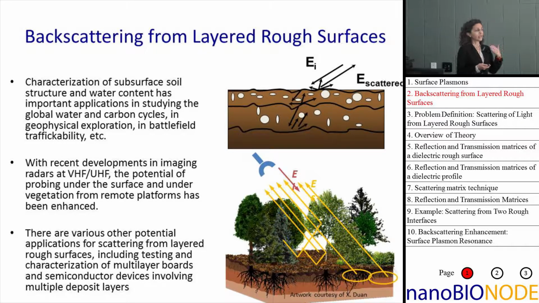Using electromagnetic waves and radar techniques, we have been able to get a lot of information from subsurface structures. You could also have vegetation on top of the layered subsurface structures of the soil. Vegetation has roots and branching structures. So we deal with very large random media type problems in solving radar scattering problems. We've had some recent success using VHF and UHF frequencies, which go from 100 megahertz to 500 megahertz roughly. And the way that works, if you just look at